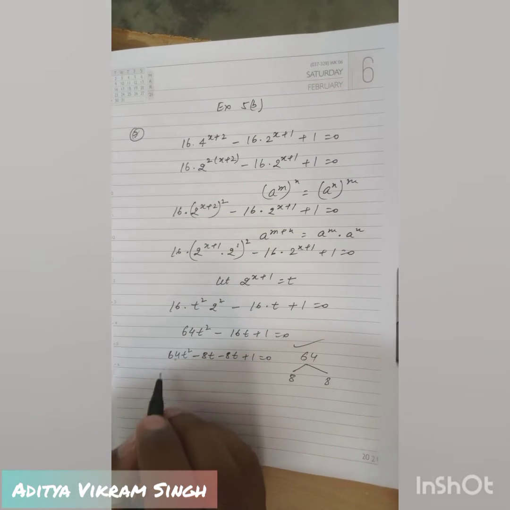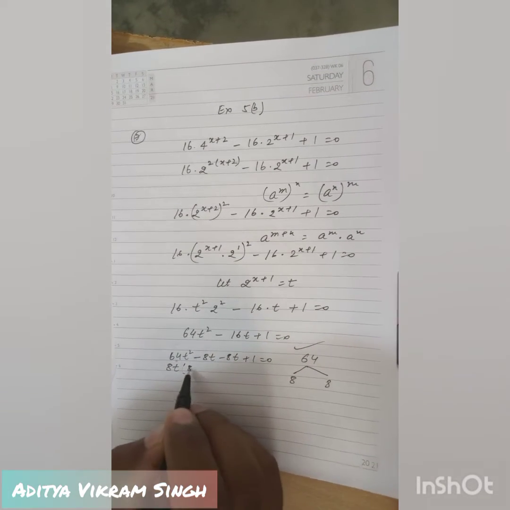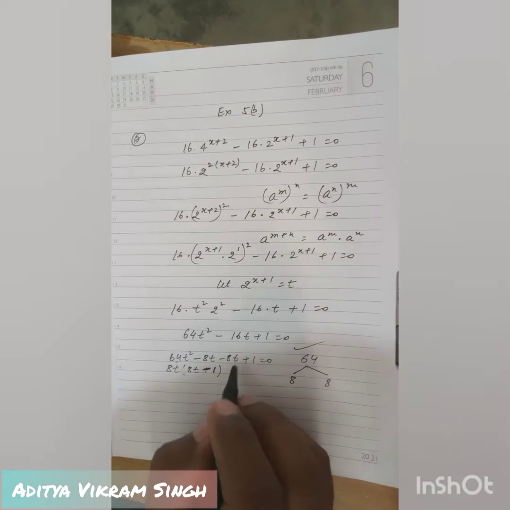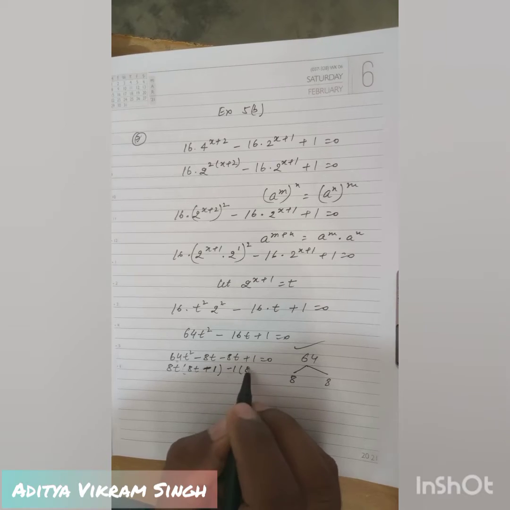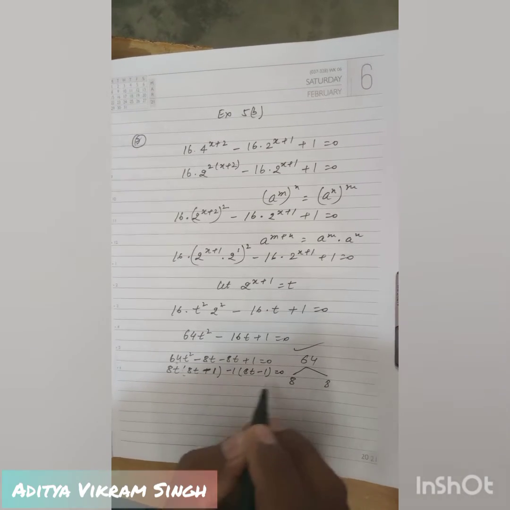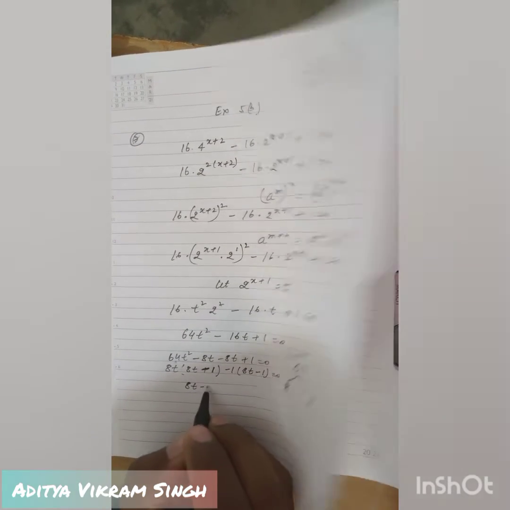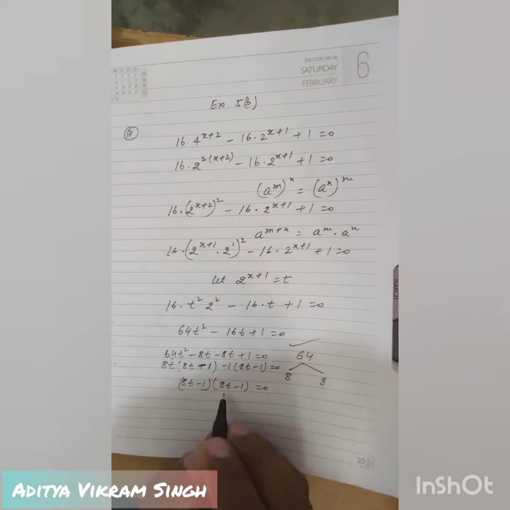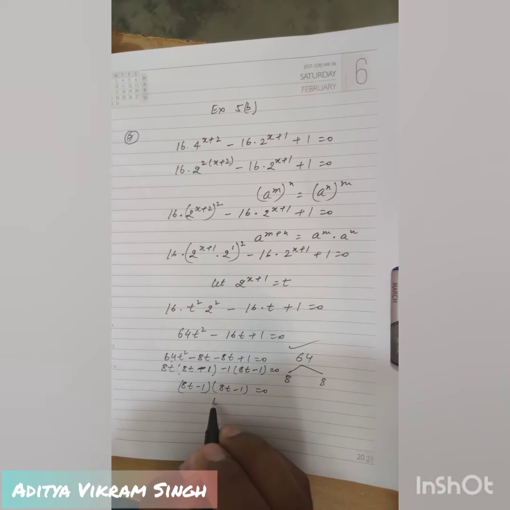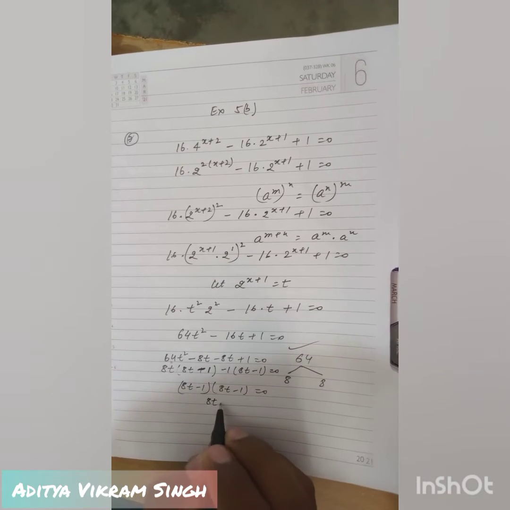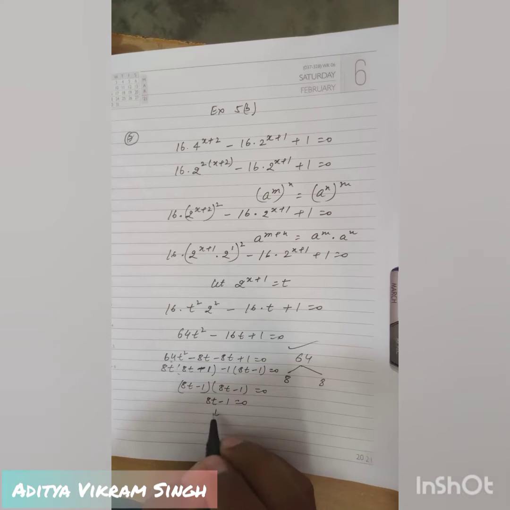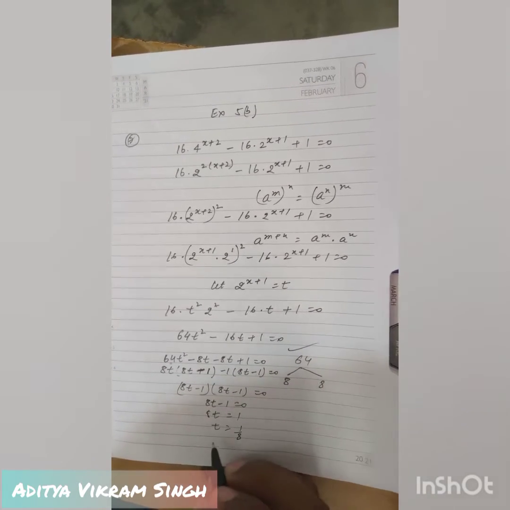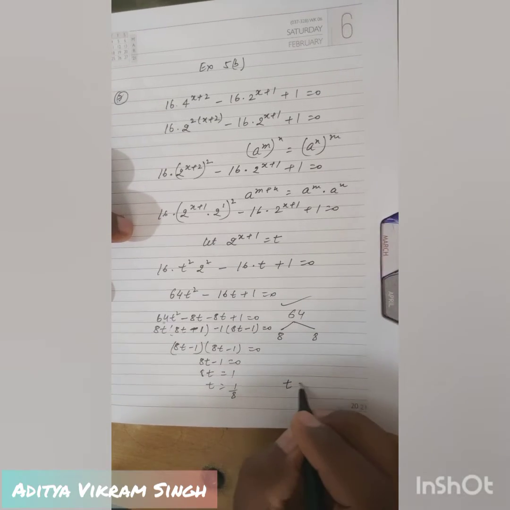Now we have to take common 8t. We are left with 8t minus 1, and we take common minus 1. We are left with 8t minus 1 is equal to 0. Here 8t minus 1 and here 8t minus 1 is equal to 0. So either this is equal to 0 or this is equal to 0. If 8t minus 1 is equal to 0, then 8t is equal to 1 and t is equal to 1 by 8, and we can write this